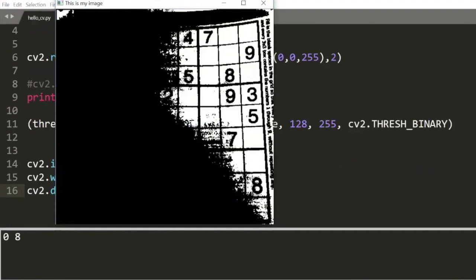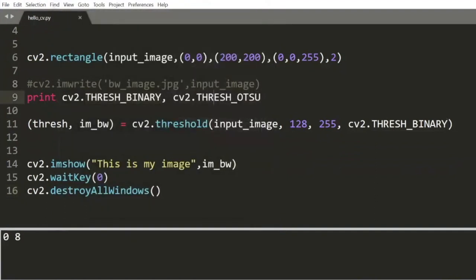It's not exactly what we were looking for, but we were able to convert that to our black and white image. And we also printed those two variables over here. And as you saw, it's just two integers. You don't have to use the entire cv2.THRESH_BINARY name every time. If you know that this value is 0, you could just write 0 over here. Those two are just two parameters, two integers, which are given to this function, telling it what kind of threshold to use. Over here, we are saying use the binary threshold, which will be 127 effectively.